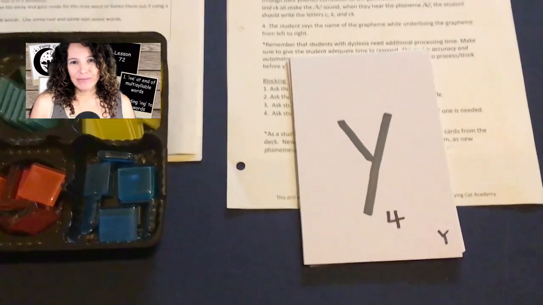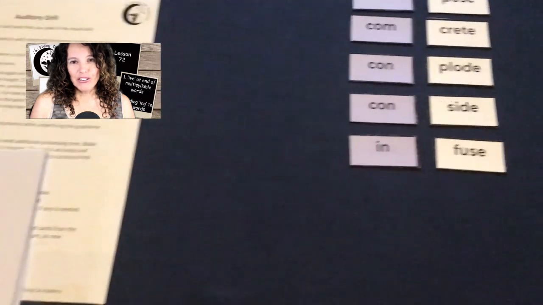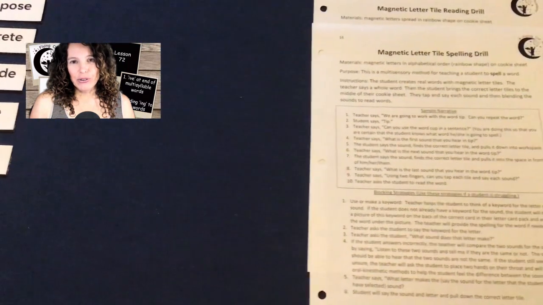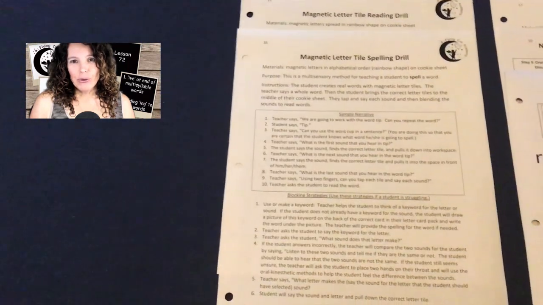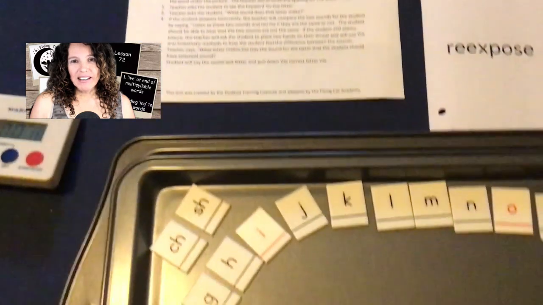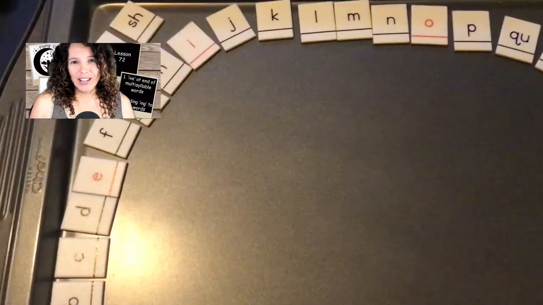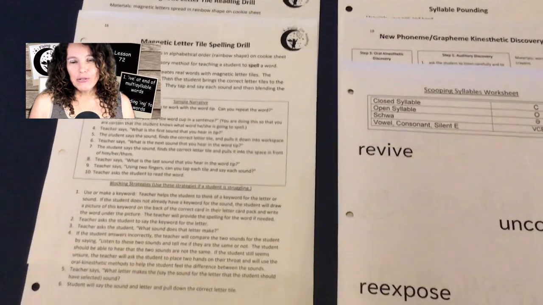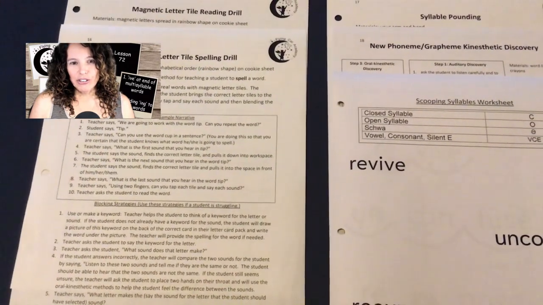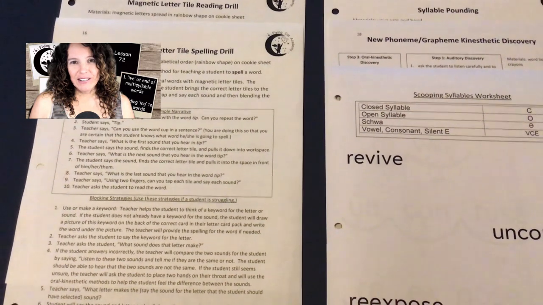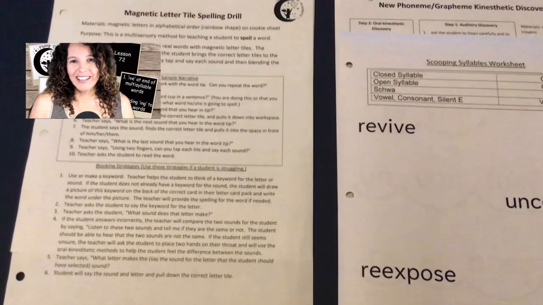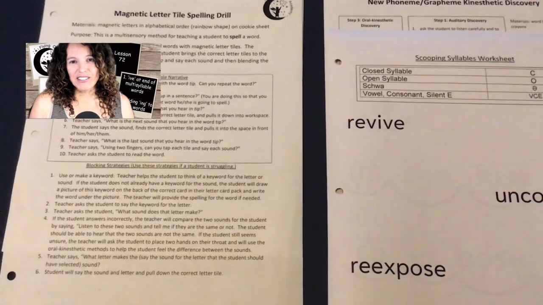for the student. For the syllable card drill, you'll have to have these cards cut out and on the table in advance. Then we'll have the magnetic letter tile drills for reading and spelling. For those, the student will need the cookie sheet with the magnetic letter tiles spread in a rainbow shape. You'll need the syllable pounding instruction sheet, the new phoneme grapheme kinesthetic discovery sheet, and the sheets for the lesson, which include the scooping syllables worksheet, the single word list, the short story, and the 3 sentences for the writing